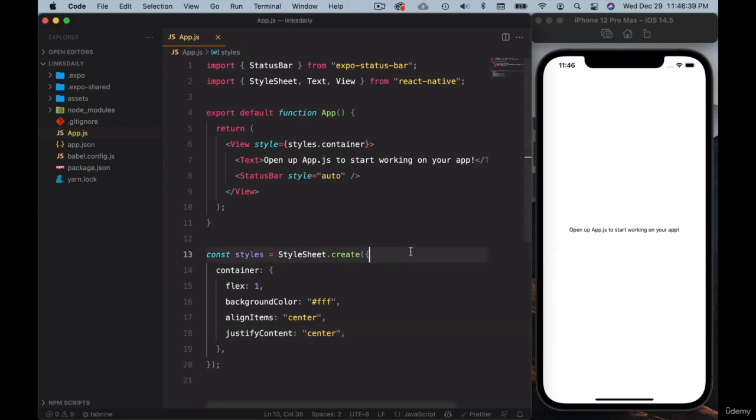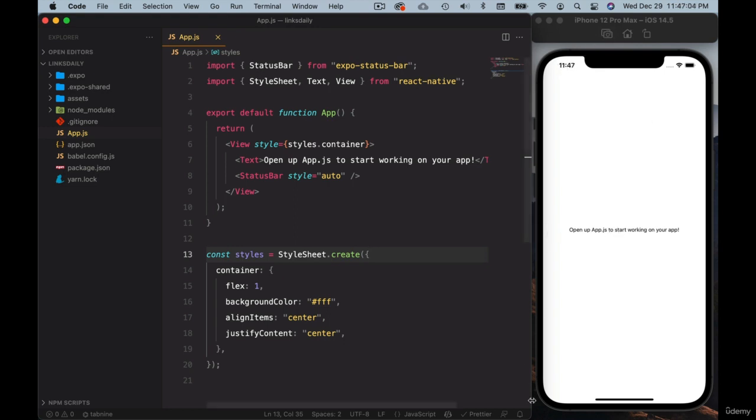Alright, so now we're going to learn how to lay out the items. I guess that's one of the most important things you want to learn when you're building native apps for mobile devices. So for example, let's imagine that this text we have could be anything. Let's see how we can put this on the top